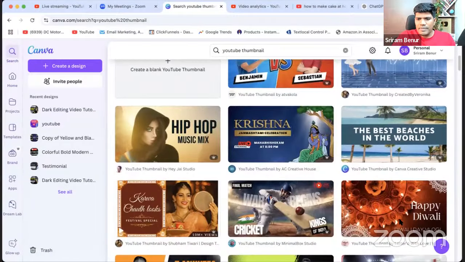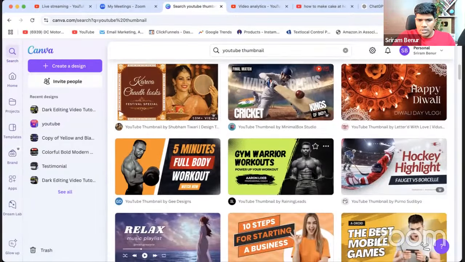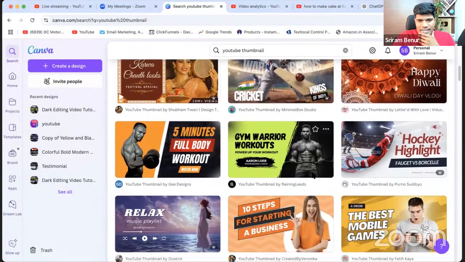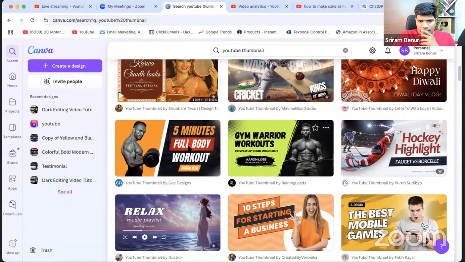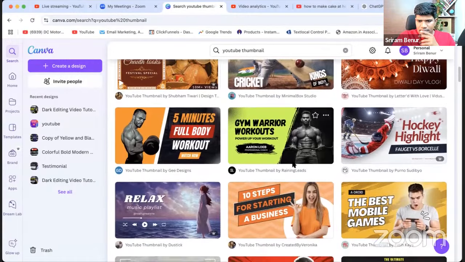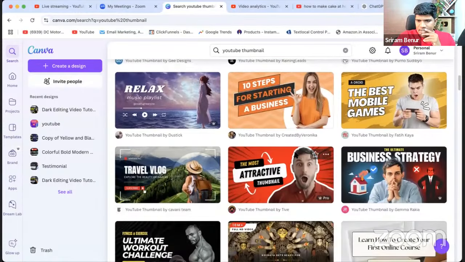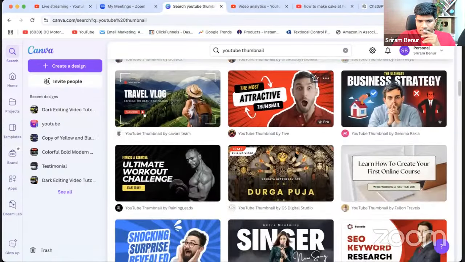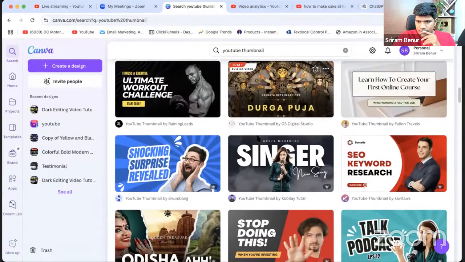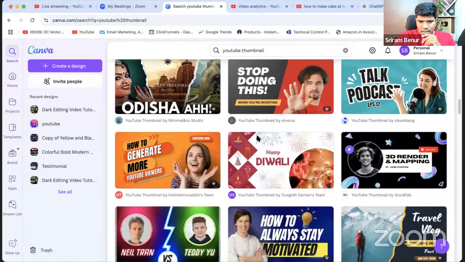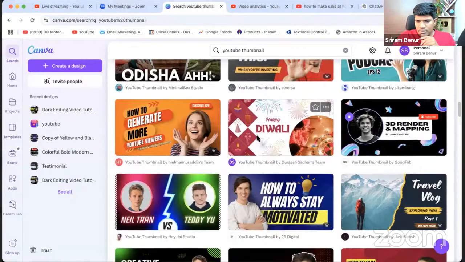Don't pick up the one which is complicated. So let's pick up the one which is very, very simple. This looks simple, by the way. And let's see something more. So this also looks good, the one that would grab audience attention.